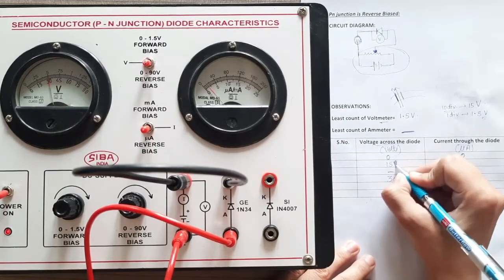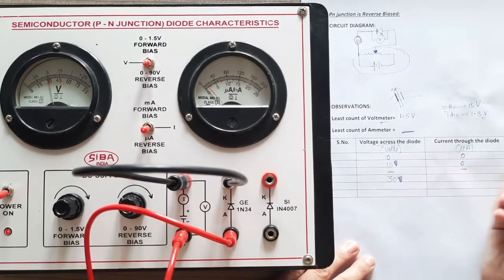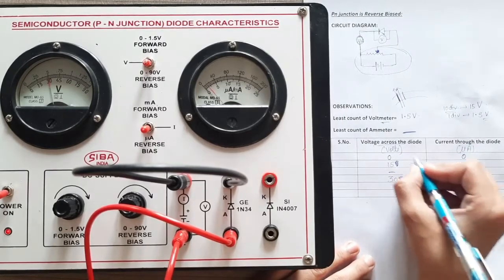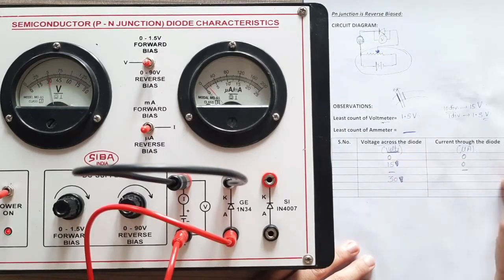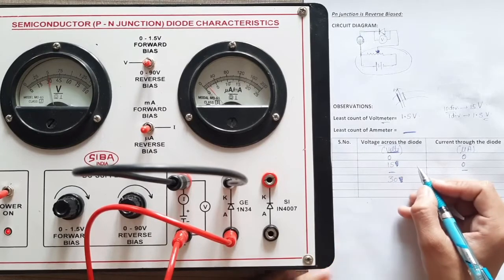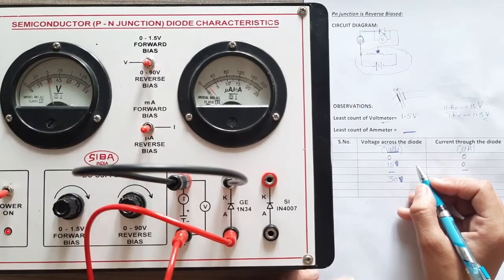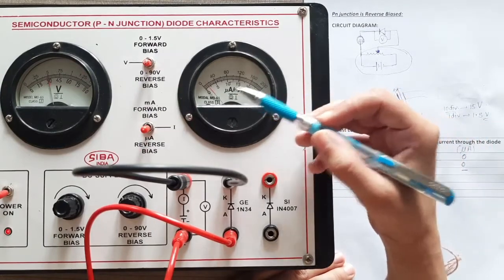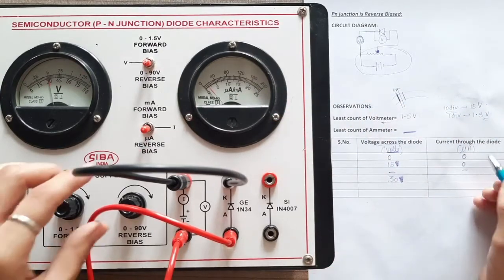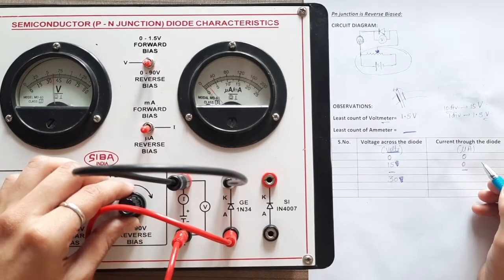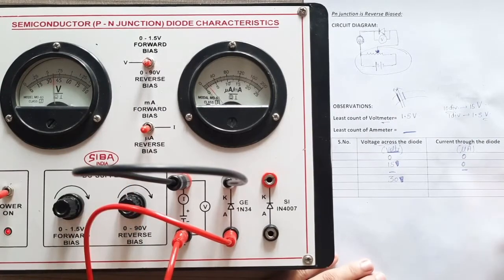So you do not have to write the SI unit over here. The unit should not be written as we have written it at the top. You just have to write numbers over here. Now when the voltage is 30 volts, correspondingly you can see that the needle has covered 3 divisions. So you have to calculate the current corresponding to 3 divisions. Further, you will increase the voltage in this manner, and you will measure the current.